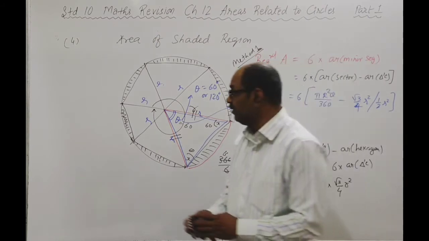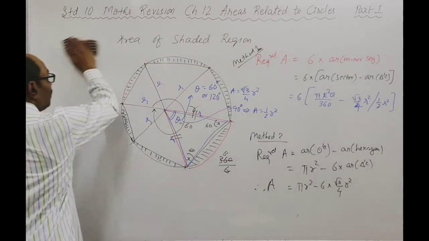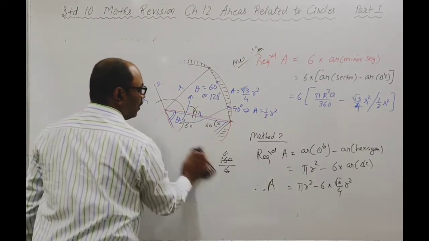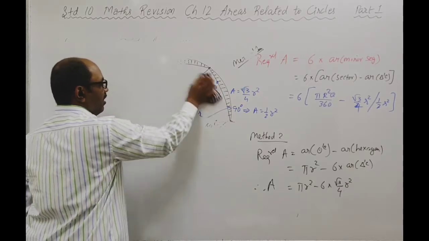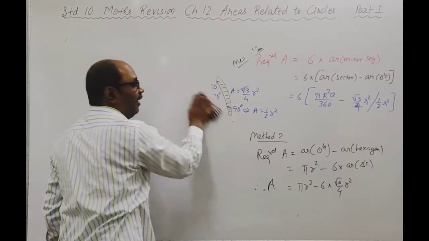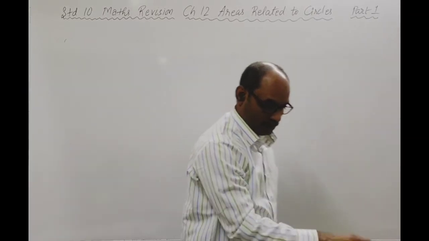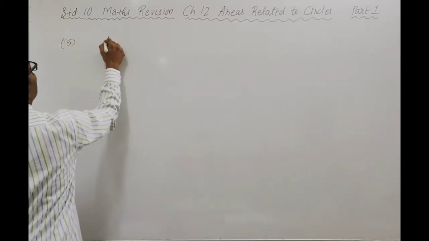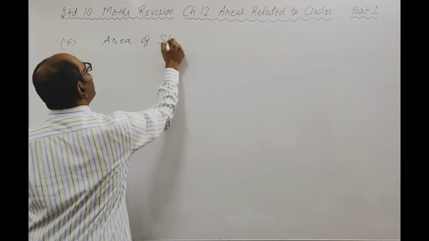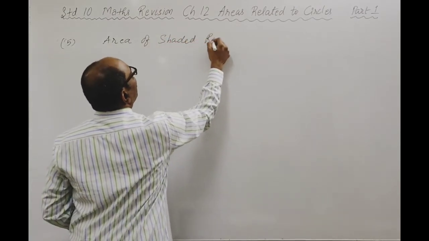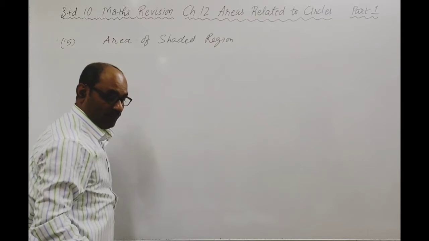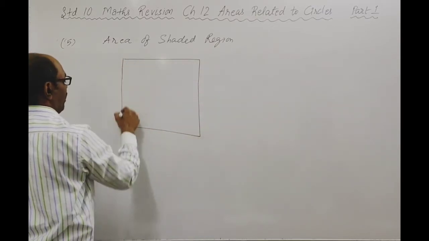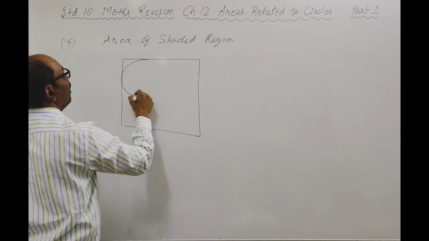That is also quite easy. Number 5. Of course, area of shaded region ही रहेगा. Let's see in the figure what is the shaded region and how can we form the formula to find that area. Number 5. Area of shaded region once again. And what's the figure? Look, it's a square.